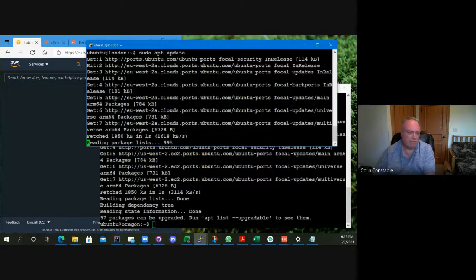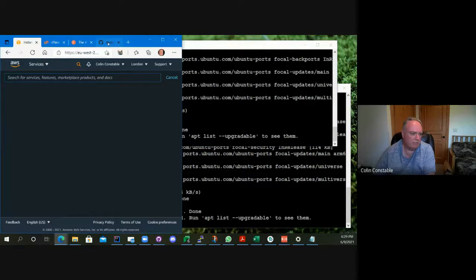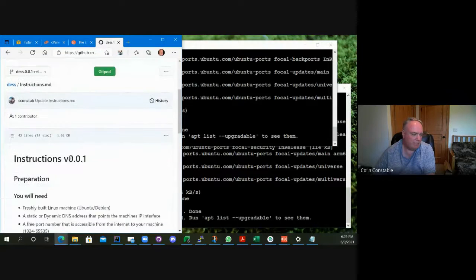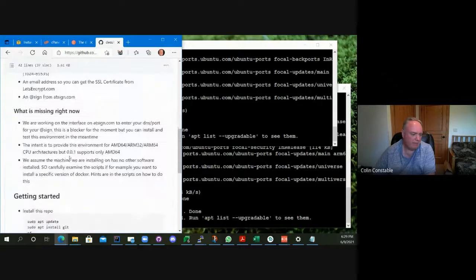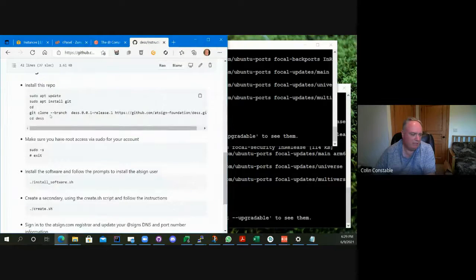That takes a couple of seconds, and I'll put the instructions. They're all in the DES directory. If you go to the DES, there's an instructions.md, and we'll just do exactly what it says in instructions.md. The first thing it says is sudo apt update. That's good. Actually, Git is already installed on the AWS machine, so we don't need to do that. But the next instruction actually pulls down this repo.